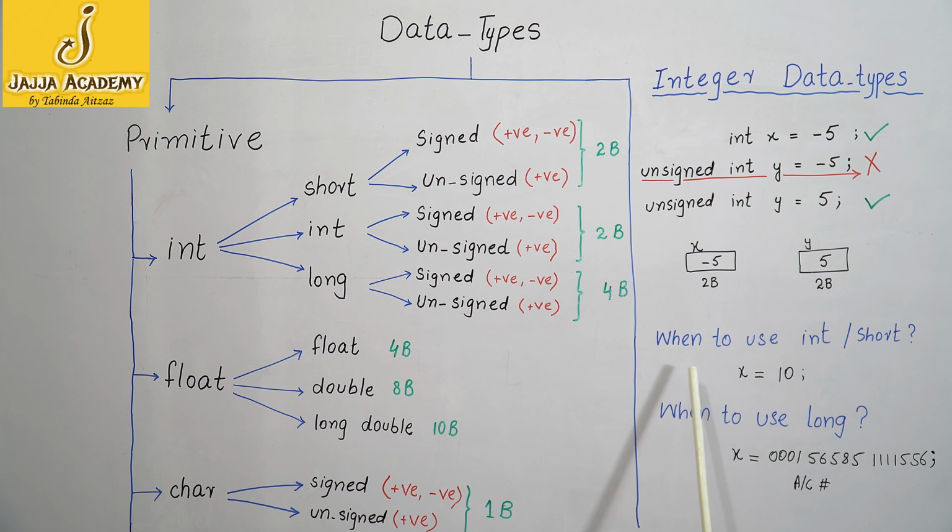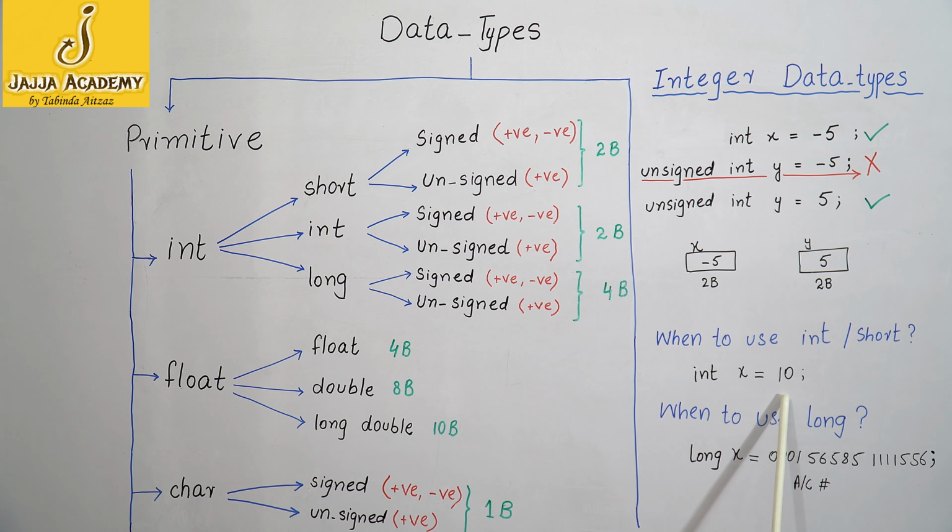Now the question is, why are there so many data types? It could be integer only. Then why do we use short and long data types? It actually depends on the requirements of the user, that is, which type of data and how much data the user wants to store in the variable. In order to store 10, a simple integer value, I will use the simple integer or short data type, because this is a very small value and 2 bytes are more than sufficient to store it.